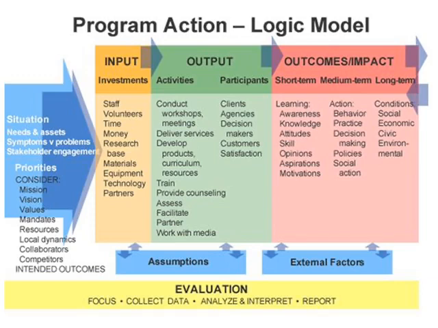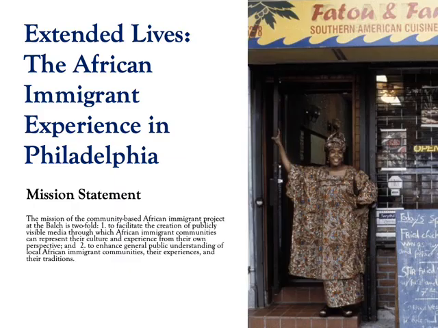Now let me share with you a few examples of project goals and objectives. The first two are from projects that I directed when I worked at the Balch Institute for Ethnic Studies, and the last is a former capstone project. One project that we did in 2000-2001, so a while ago, was a collaborative project with African immigrant communities in the Philadelphia area. And this was my first introduction to outcomes-based evaluation, and I used outcomes-based evaluation to determine what the evaluation plan for this project was going to be. So some of this was kind of done at the back end as opposed to the front end, but it's a good model of how to think about a program like this.